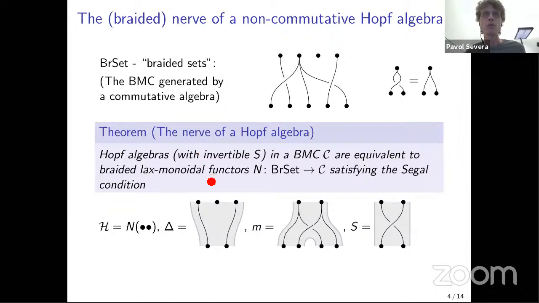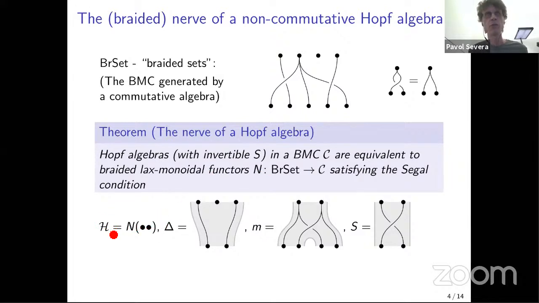Now, how difficult is it to prove this theorem? So one thing that we should verify is that H with these operations is actually a Hopf algebra, and that's easy. That's because it worked in the case of commutative Hopf algebras, so there is no reason why it shouldn't work here. It could only fail if things got somehow entangled, but that just doesn't happen. So what is slightly more fun is to understand how to construct the nerve of a non-commutative Hopf algebra. So this is how to get a Hopf algebra out of its nerve, but how to get the nerve out of H.